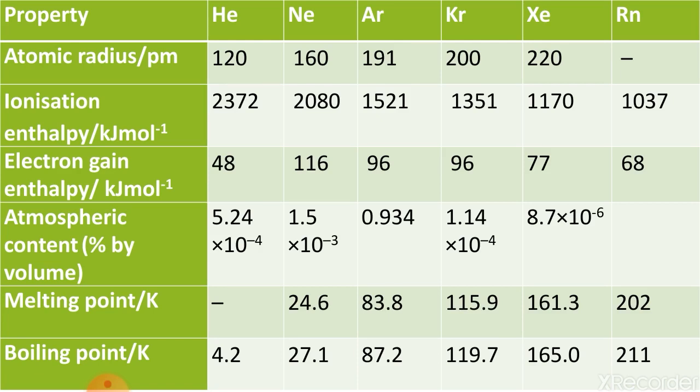Now focus on the melting points. Down the group, the melting point increases because the van der Waals force of interaction increases down the group. Similarly, boiling points also increase down the group, due to the increase in van der Waals force of attraction. Helium has the lowest boiling point of all the elements, that is, one out of 118 elements. So these are some points about the group 18 elements.